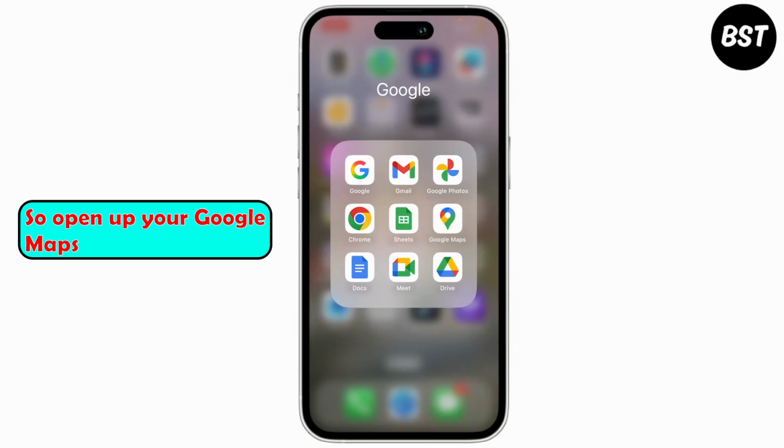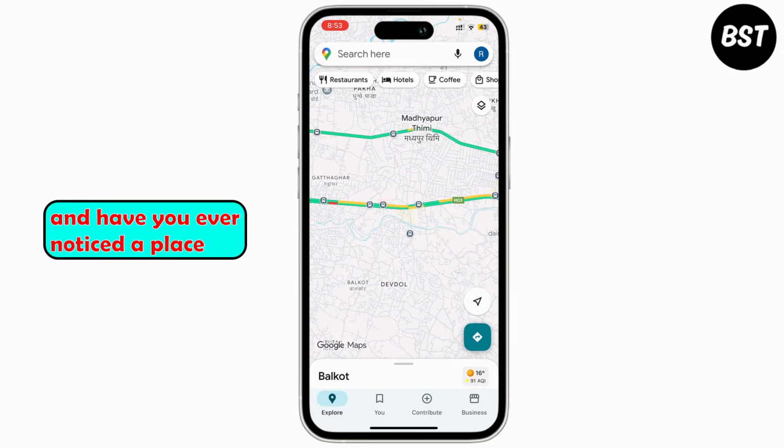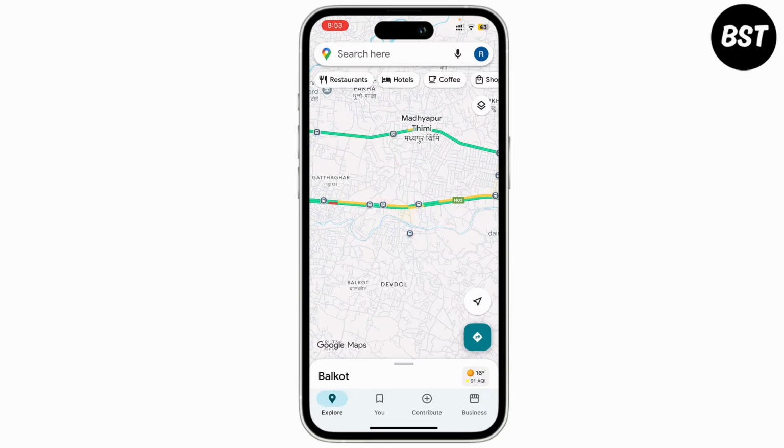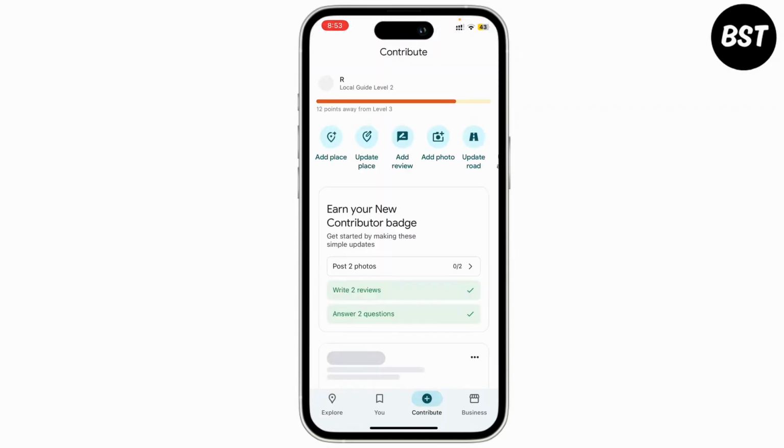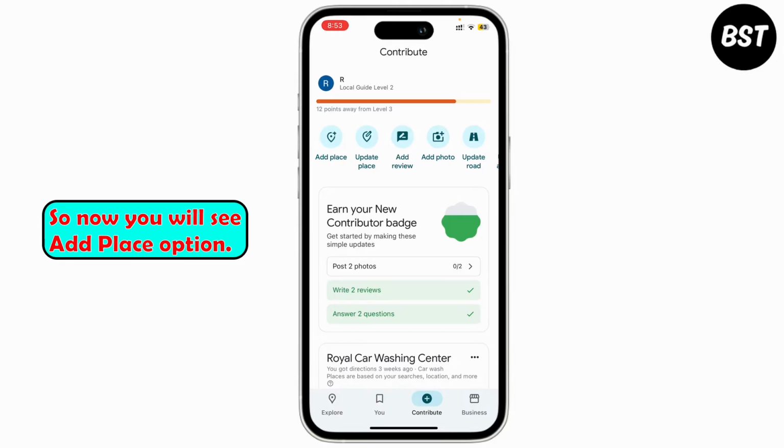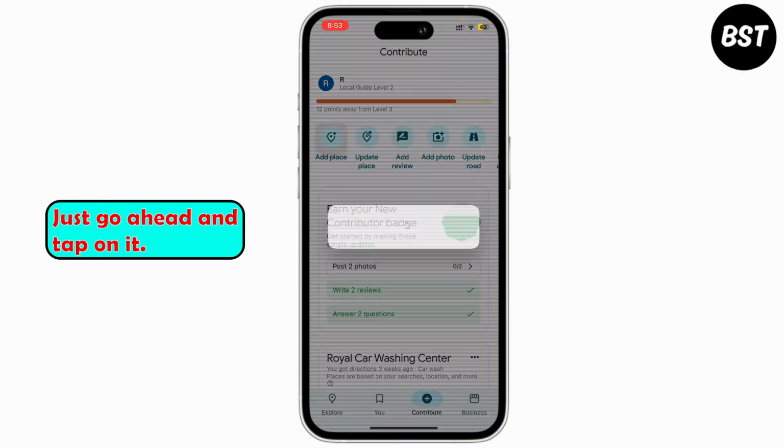So open up your Google Maps, and have you ever noticed a place that's not on Google Maps? Then you can add it yourself. You can contribute by tapping on the plus icon on the bottom of the screen. So now you will see the add place option. Just go ahead and tap on it,